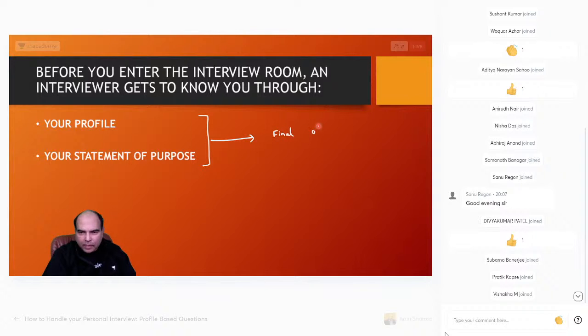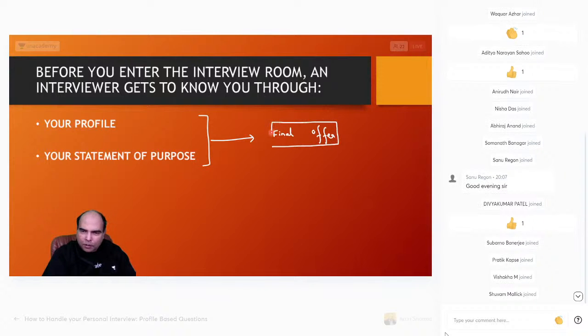So the criticality of these two is huge in terms of your ability to get selected in the interview. And as I was saying, whatever you've done in the CAT, whether you're getting a score of 50 or 60 or 80 or 90 or 100 or 110, whatever you're getting in the CAT,